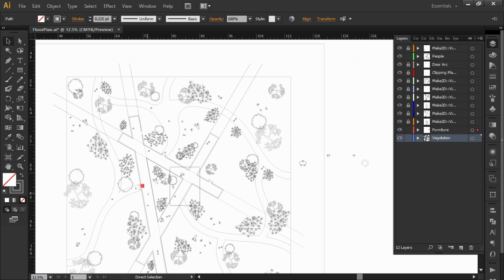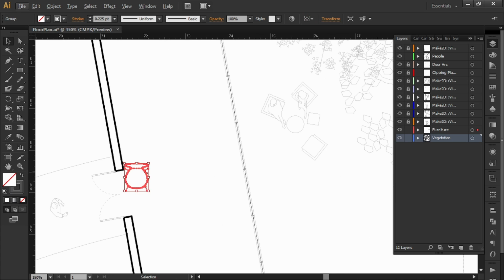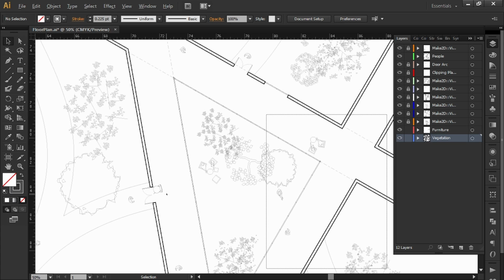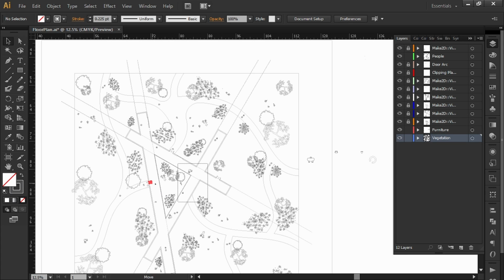Let me group it. So I know that this chair is massive. This chair is not supposed to be 3 feet wide, for example, right? So let me go back here, but since I scaled these all at the same time, I can just bring them down. It should actually be half of that, around 18 to 14 inches wide. So I can just scale this down by,